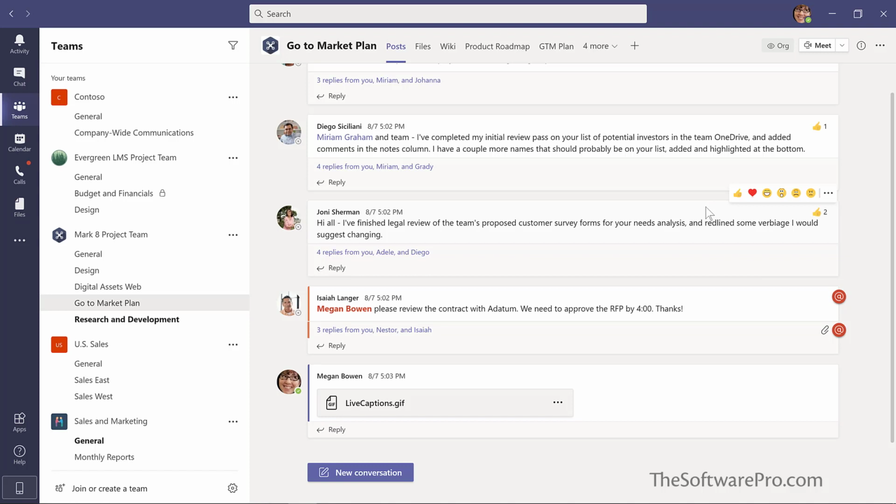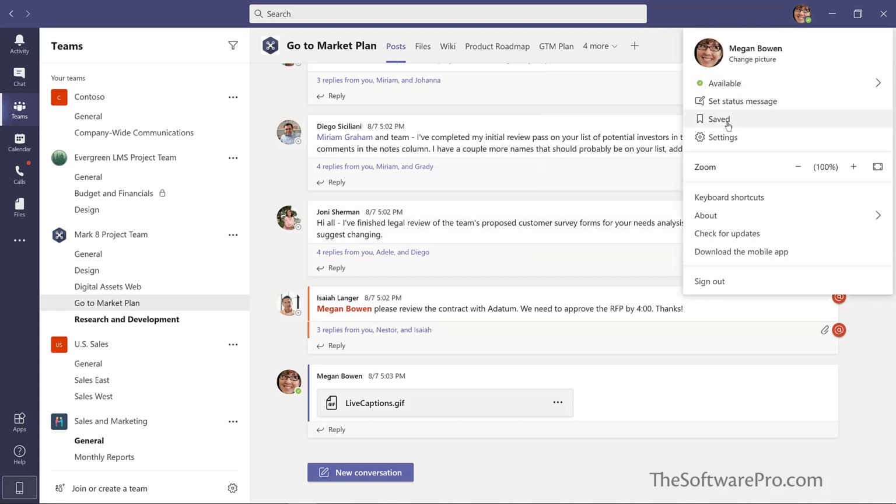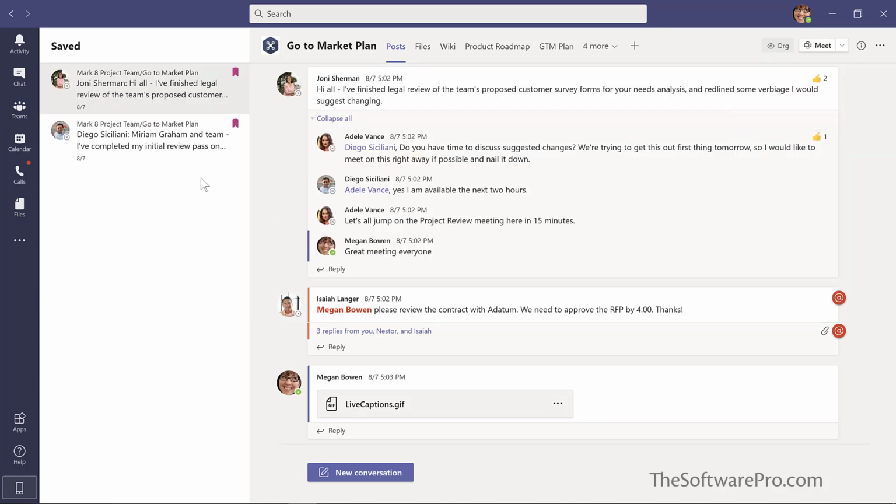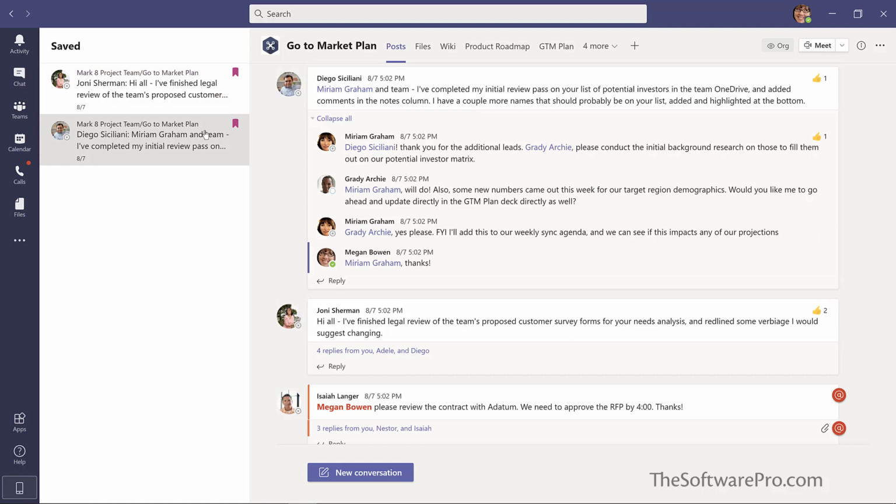Now it's helpful to know that the author of the messages doesn't know that you saved the messages. These are just being bookmarked for your reference. To view your saved messages, move to your profile in the upper right corner and click on the tab for Saved. This will bring you to your Saved Messages page. And if you no longer need to save that message, move to that red bookmark and simply pick Unsave This